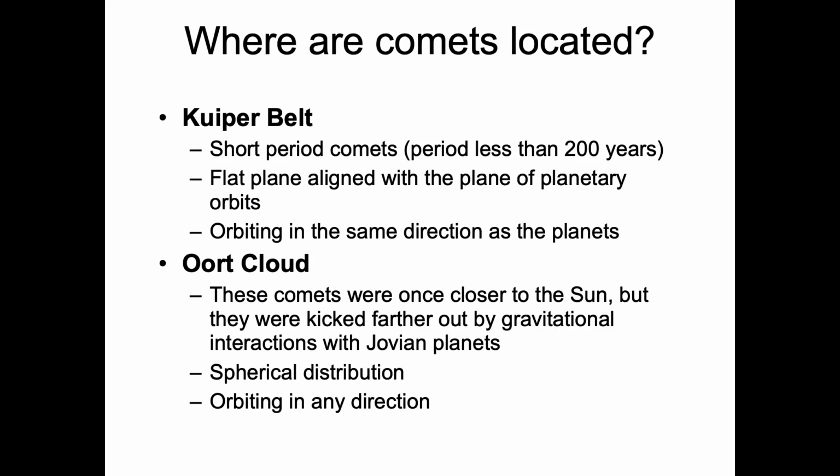And then we have the Oort cloud. For comets to end up in the Oort cloud, typically there's some type of gravitational slingshotting, where a comet maybe gets really close to a Jovian planet, these bodies with large gravitational pull, and it swings the comet around and out of its normal trajectory into the far, far outer solar system where the Oort cloud is.